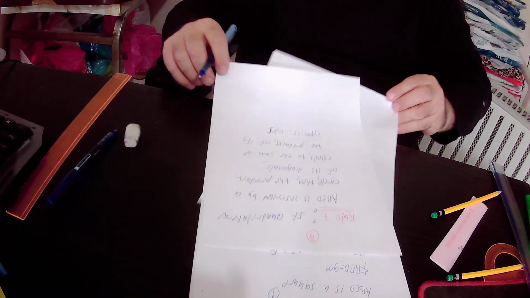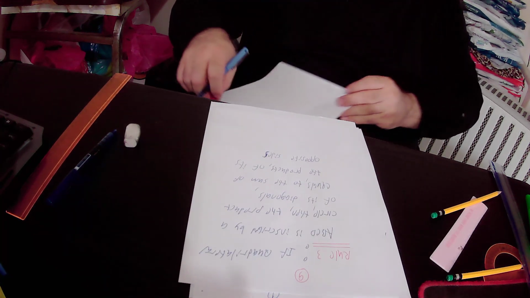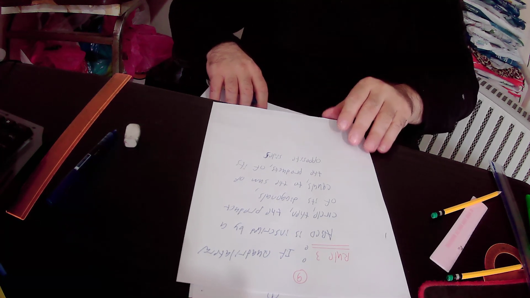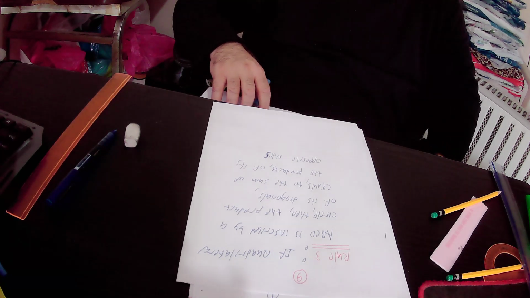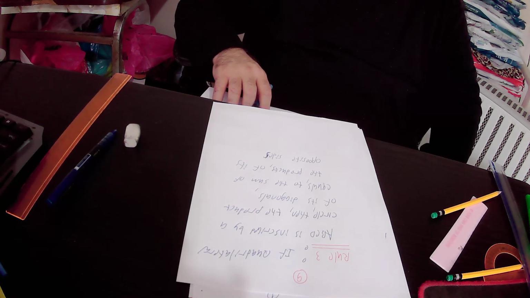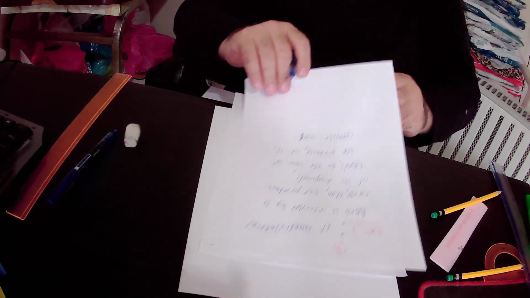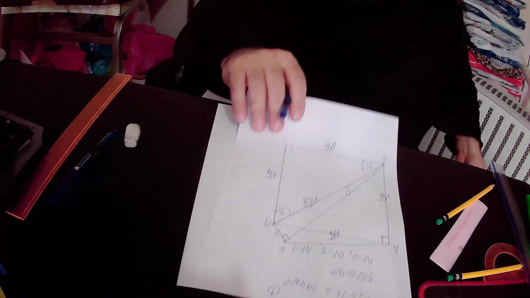I'll read rule number 3 again. Rule number 3 states that if quadrilateral ABCD is inscribed by a circle, then the product of its diagonals equals the sum of the products of its opposite sides. So what is the meaning of rule number 3? The meaning of rule number 3 is that if you have this circle